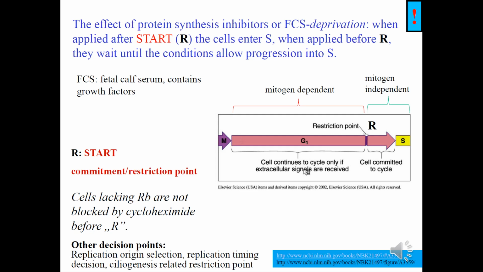It will commit, and then it will commit until G2, and in G2 the cell will stop again and see if the situation is good. And because we added the cytotoxic material, the situation is not good, so the cell will not divide. That's basically for you to understand the commitment points. These checkpoints are the points in which the cell gets committed to go through the next phase. And again, in this slide,